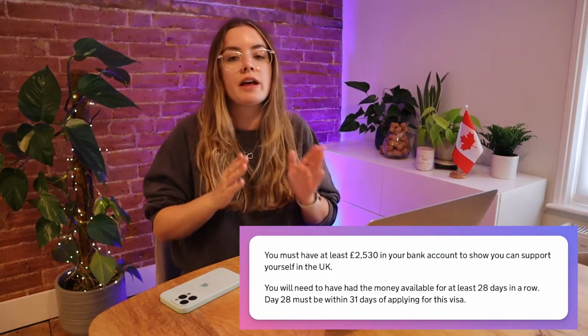Basically, the UK does not want you to come here with no money in your pocket. So in order to be approved in the first place, you have to prove that you have access to money. Currently, this savings figure requirement is £2,530. Now, if you are, say, Canadian like me, of course, back home in Canada, when I was applying for